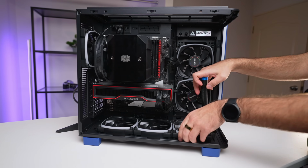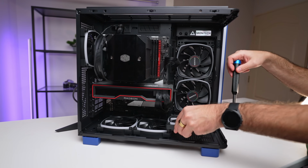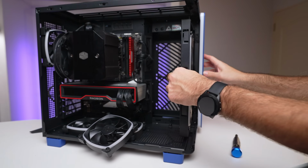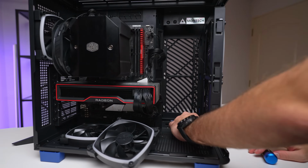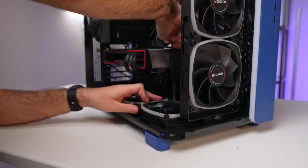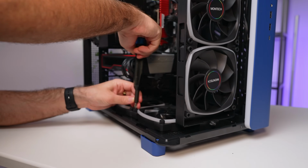The other thing that was surprisingly easy is the side-front fan conversion. All you have to do is remove the frontmost bottom fan, remove 2 thumb screws, then move the bracket and secure it in 2 locations. Bottom one is obvious, while for the top one, there's a small bracket that becomes accessible once you loosen the screw. After that, all you need to do is screw in the bottom fan back in, and you're ready to